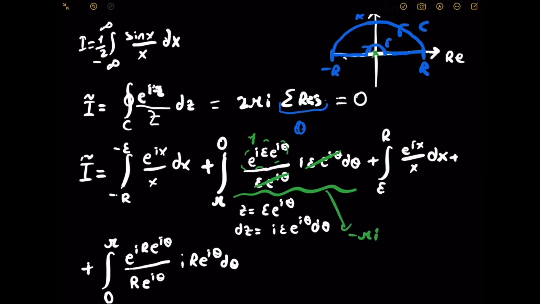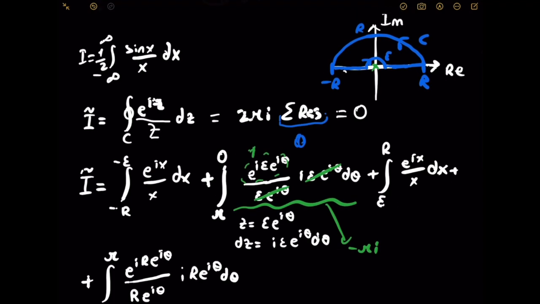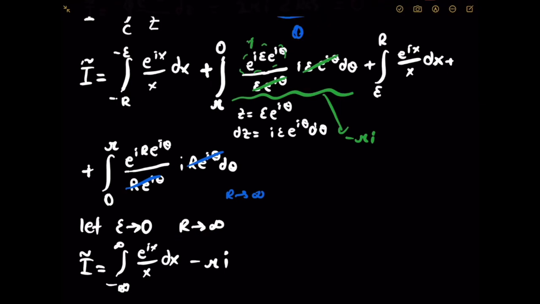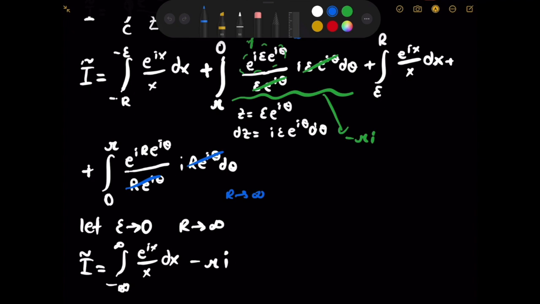Right. And now we also want to consider this integral. Again, these will simplify. And we're considering it as r goes to infinity, as we say right here. This one is a bit trickier than the other ideas maybe, but if you just consider this guy, what is that? That's e to the power of i, you have the r here, r, and then you're going to have cosine of theta plus i sine of theta. That's e to the power of i theta, right? And so if you now